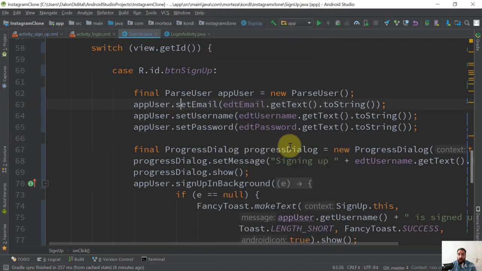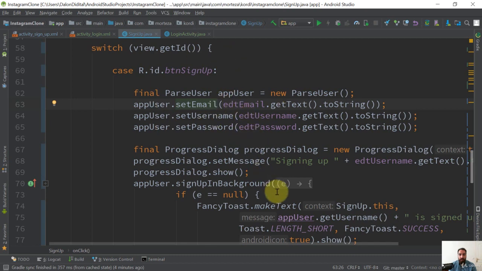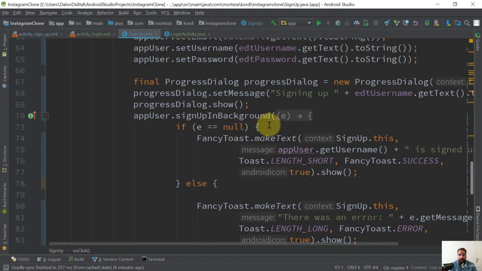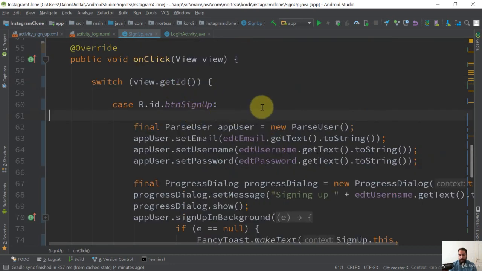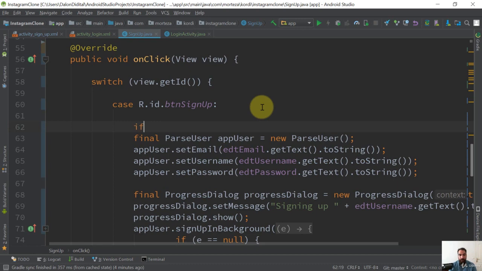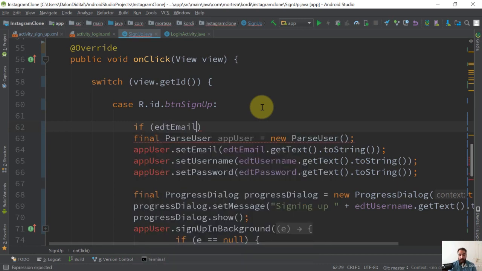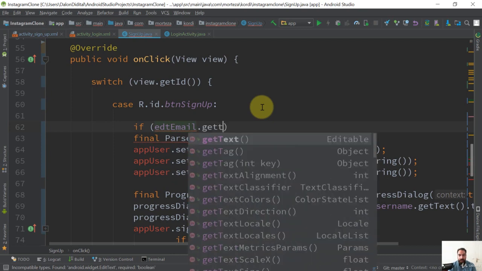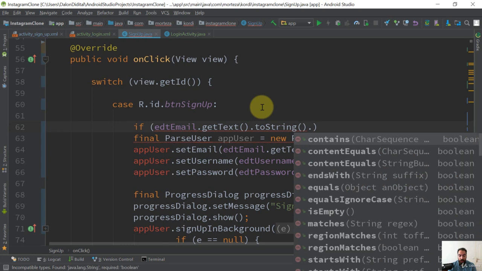Now in order to solve this bug, let's go to our sign up class, and inside this onClick method where we are signing up the user, we can create an if-else statement. So here, after this case statement, I'm gonna say if edtEmail.getText().toString().equals